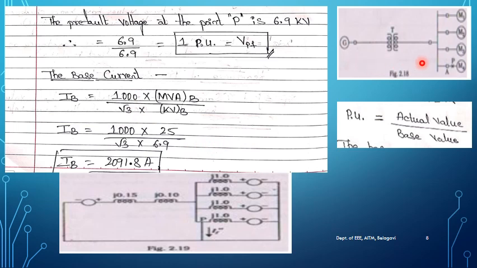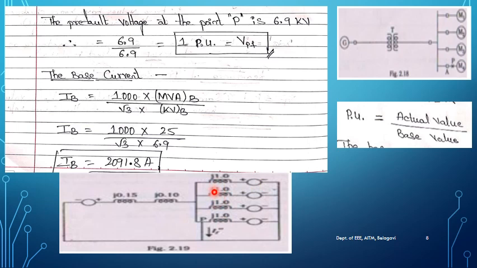After finding these values, we need to represent this entire system in terms of a reactance diagram. The first component is the generator. The generator's equivalent representation is a source followed by a reactance value. Next we have a transformer, which you represent by its reactance value. Then we have a bus bar, and each of the motors is connected in parallel. Each motor's equivalent diagram is a reactance followed by a voltage source.